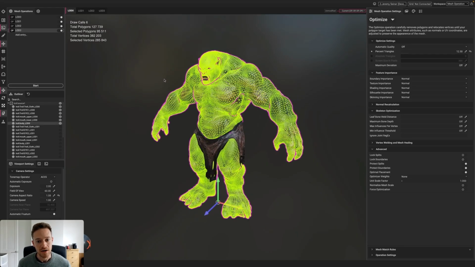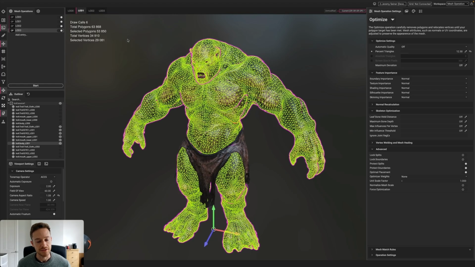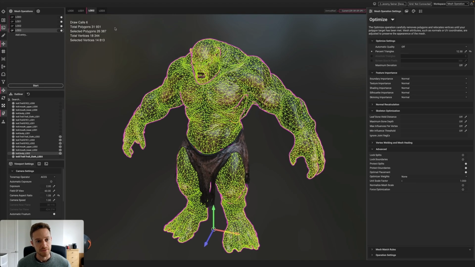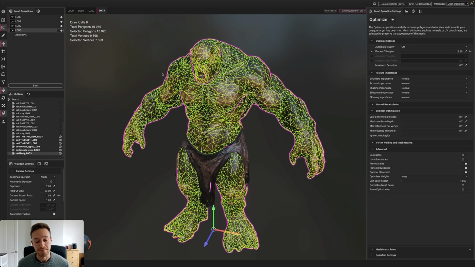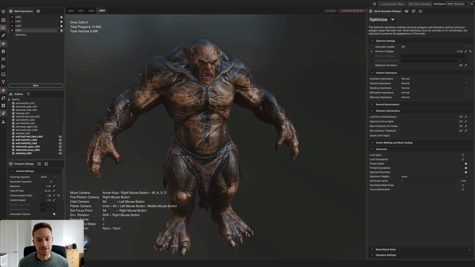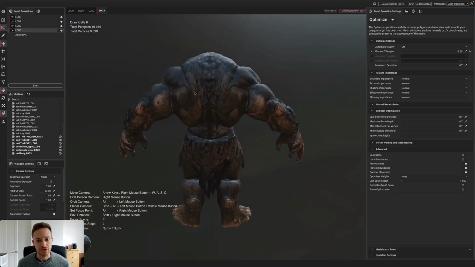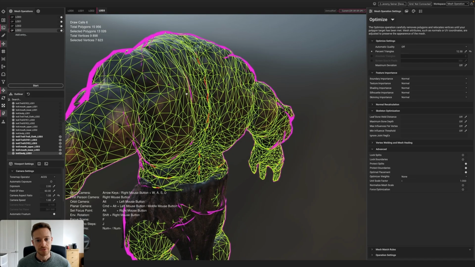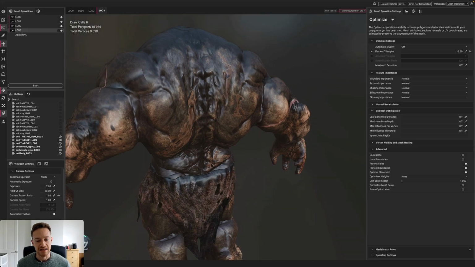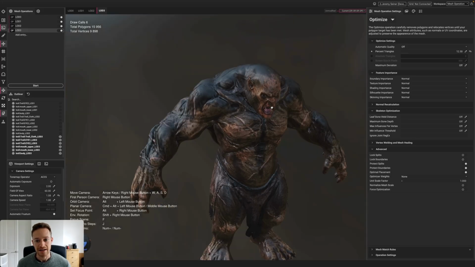I'll go ahead and show you the wireframe real quickly on the troll here. If I go ahead and hover over these, you can see that we are heavily reducing the amount of polygons on this troll. But even on LOD3 here, you can see it's looking great. Now also you'll notice the back of the troll as well. Even on LOD3, we're still maintaining the non-manifold geometry here on the back,